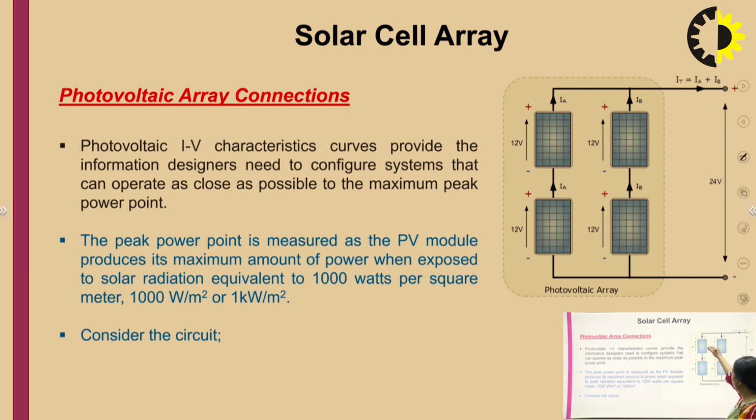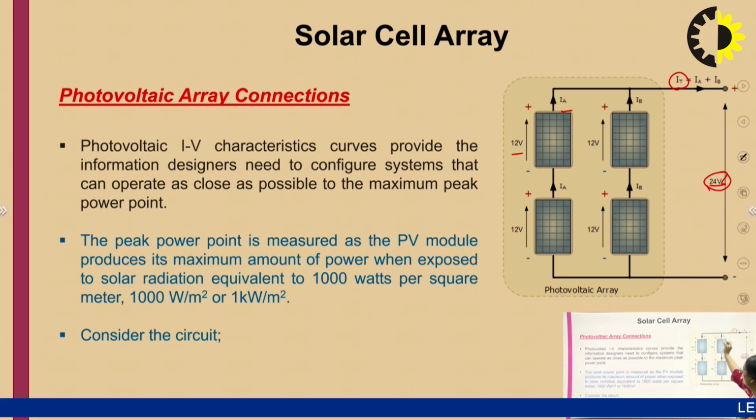These two are connected in series, these other two are connected in series, and the two strings are connected in parallel to each other, and a single panel provides around 12 volts. So the combined voltage across this photovoltaic array will be 24 volts, and the combined current will be the addition of the two currents coming from the first and the second